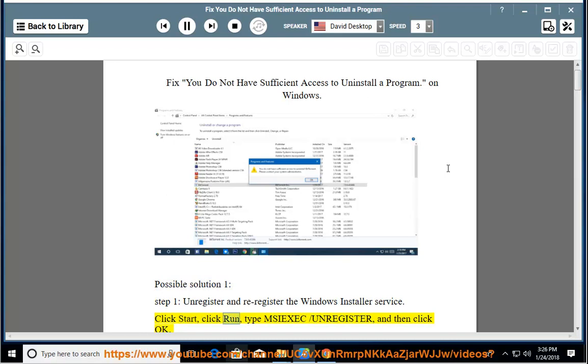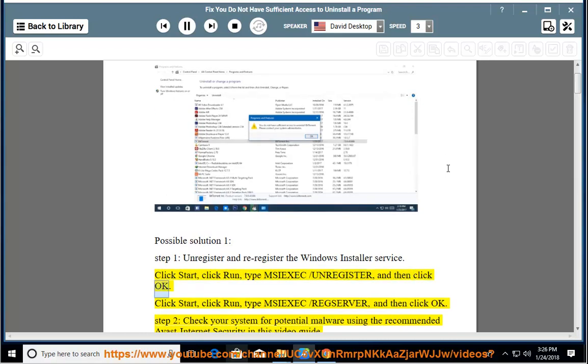Click Start, click Run, type msiexec /unregister, and then click OK. Click Start, click Run, type msiexec /regserver, and then click OK. Step 2. Check your